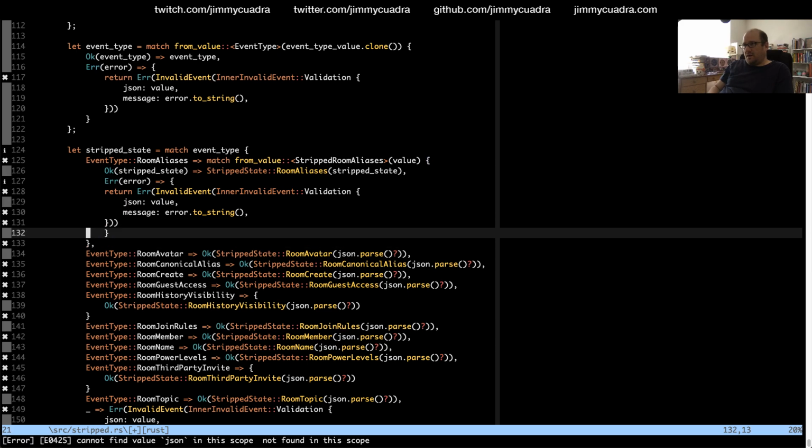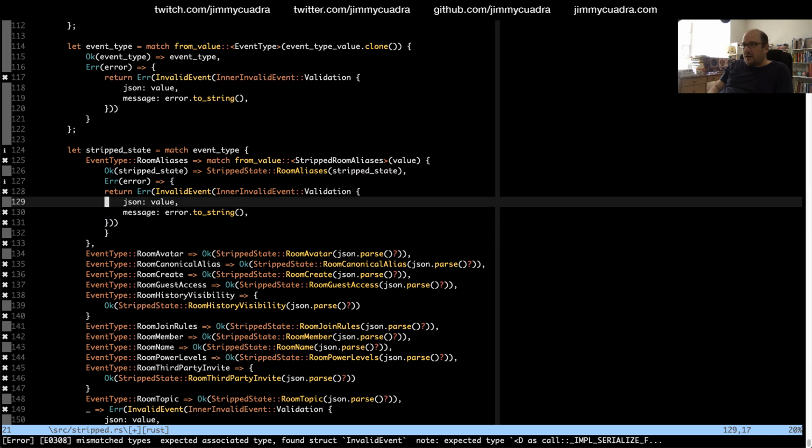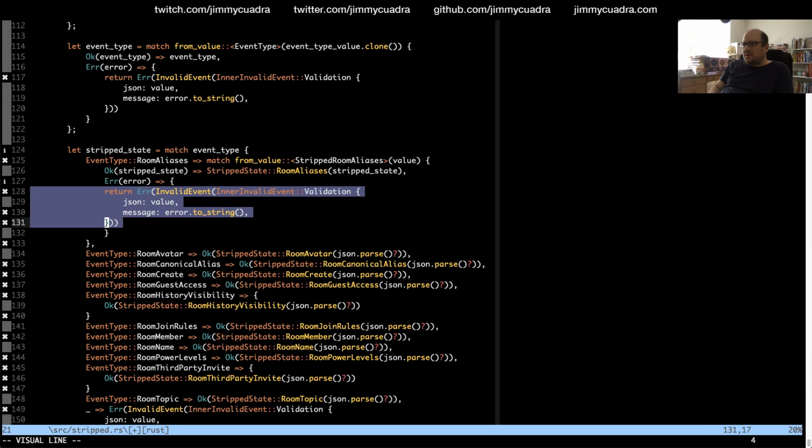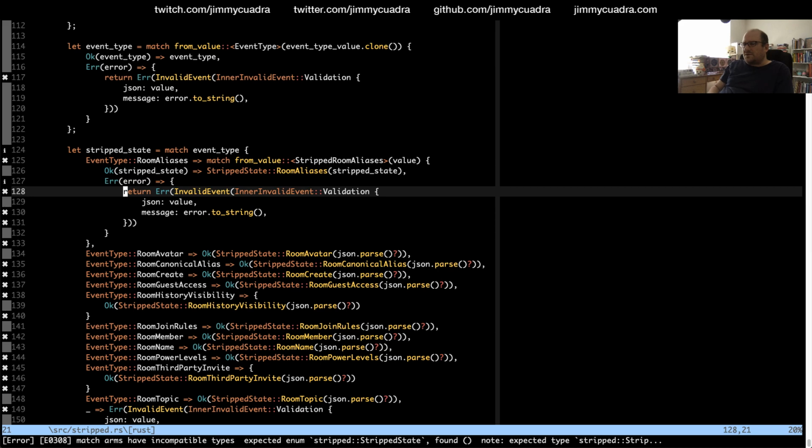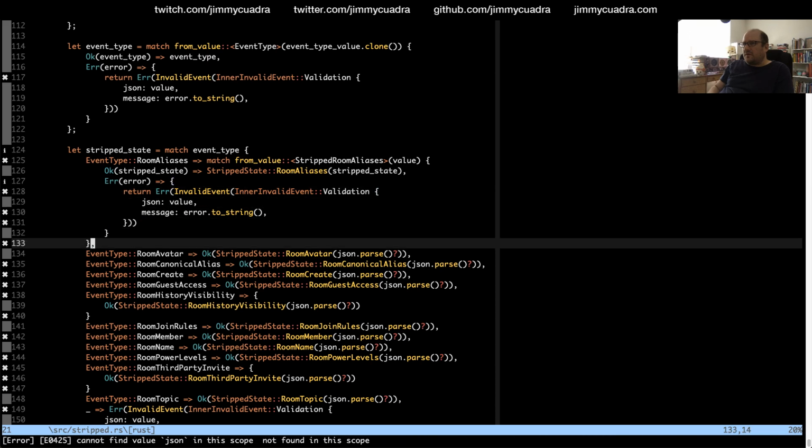Whoa, what did I do here? Oh, so this needs to be indented. It really doesn't like this. Cannot find value JSON in this scope. Match arms have incompatible types. I think that's just it not updating fast enough.